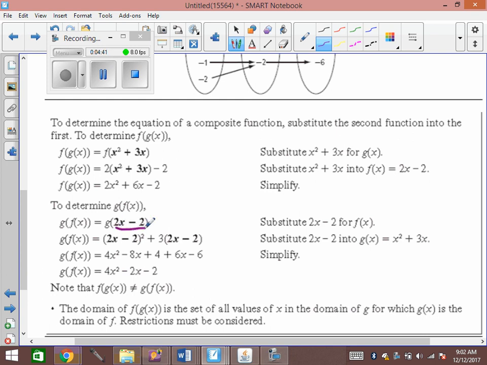So we do g of 2x minus 1. And we plug that in for the x, right? So we get 2x minus 2 squared, because it's x squared, plus 3 times x, which is now 2x minus 2. Distribute, collect like terms. If you've noticed, f of g of x does not equal g of f of x,